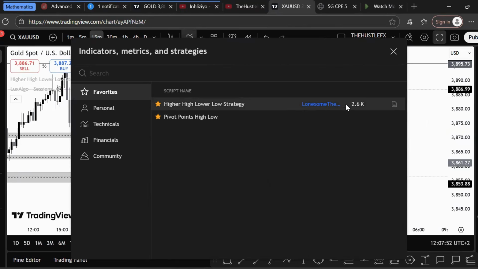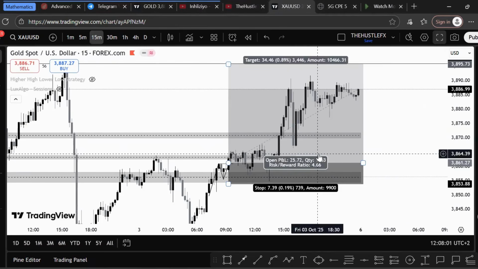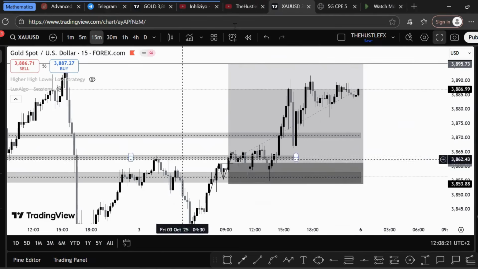It is made by Lonesome the Blue, so you can actually use that to trade, I mean, mark off your levels in terms of where your indication came off, and then where to expect price to probably come back to. And like I did say on the other Zoom meet video that we did upload,